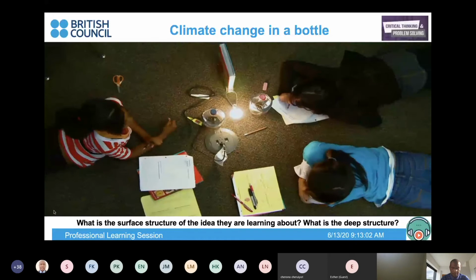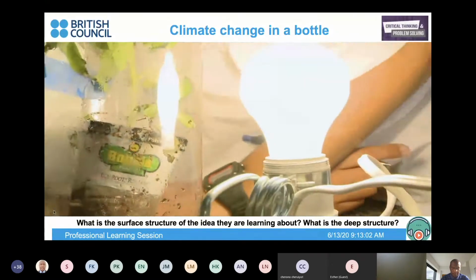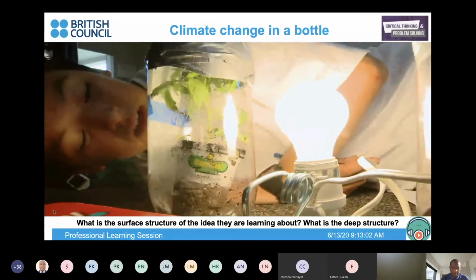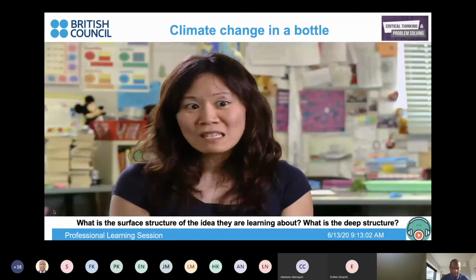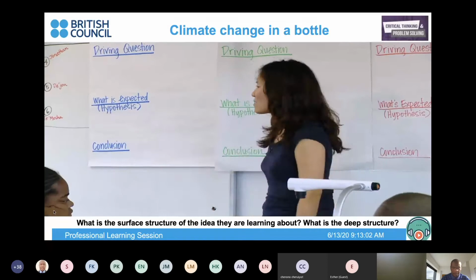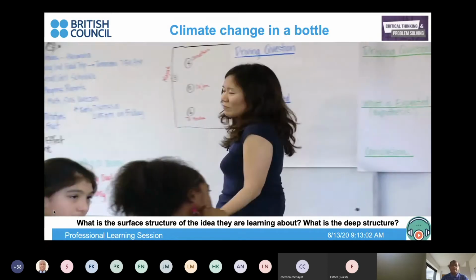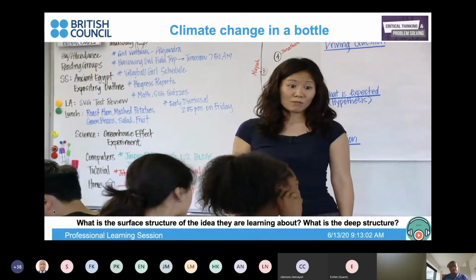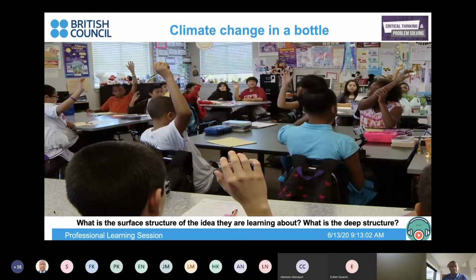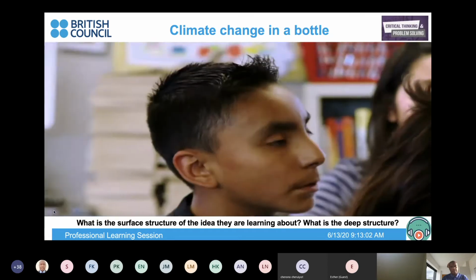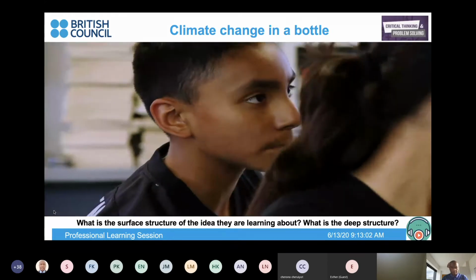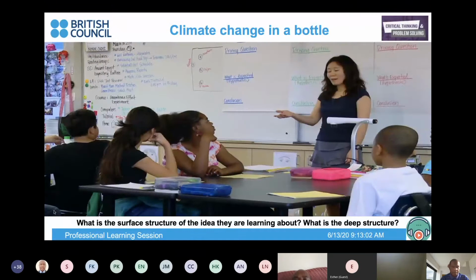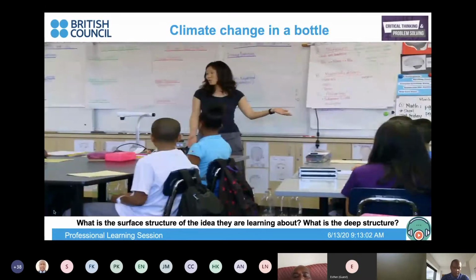In our model, the light bulb is the sun. For the earth, a soda bottle. Anything that can be broken down to the basics can be taught. Why is the greenhouse effect important, and what does it have to do with climate change? Roberto? Like if CO2, well, the main question is, will temperature change if carbon dioxide is added to the atmosphere? Excellent.